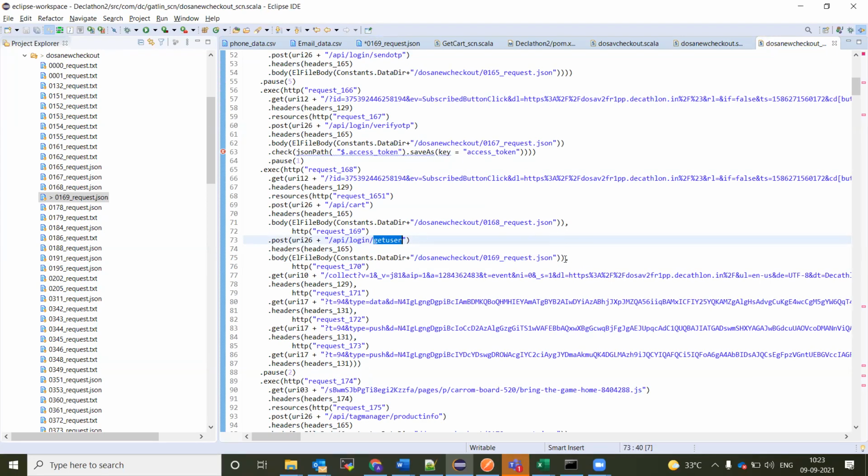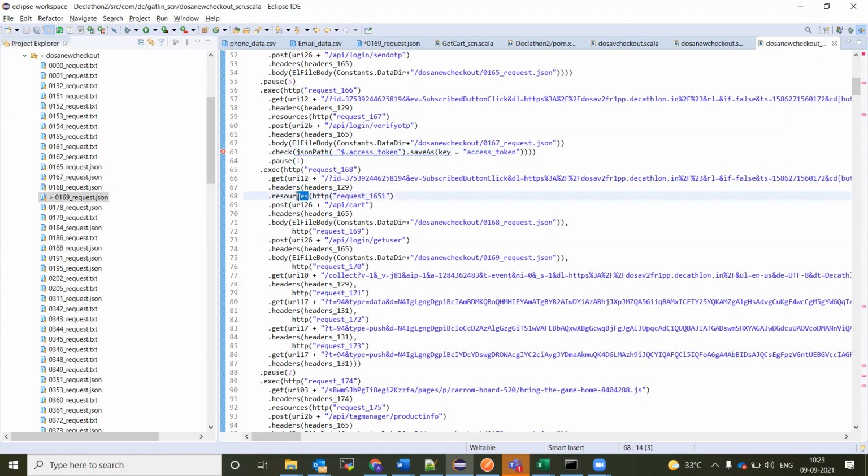If you see here, I'm not taking the resource chain because I don't need any response for this get user. So I'm just adding the access token and mobile number and sending it. And if in case you really need the customer ID or anything for your upcoming endpoints, then you have to break the resource chain. You have to add the check JSON path, whatever key you need, save it as a different key, and then pass. And from the next one, you have to add your resource chain.